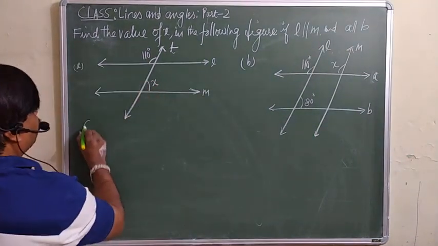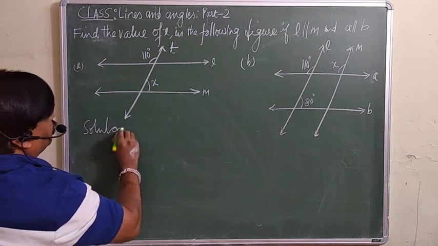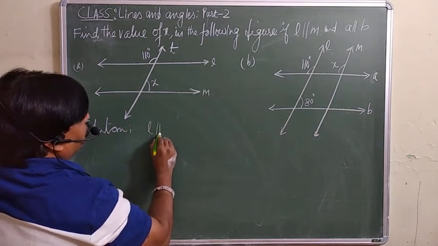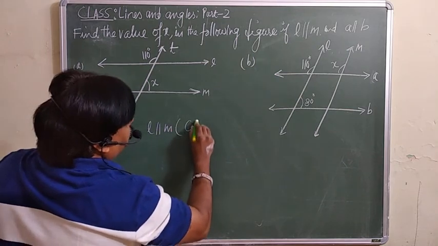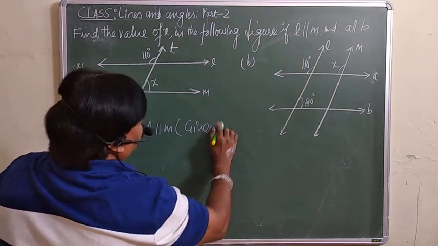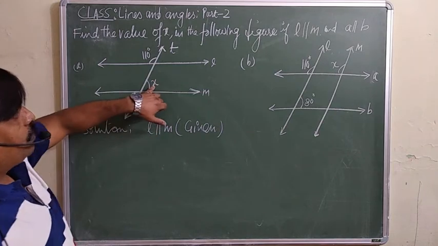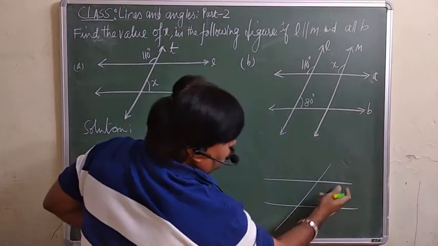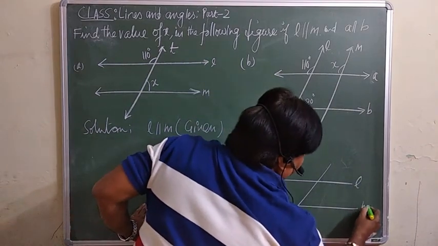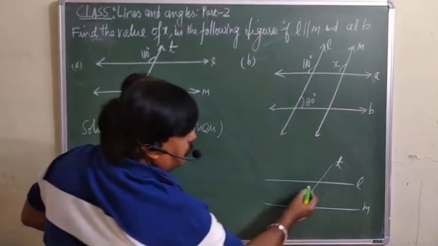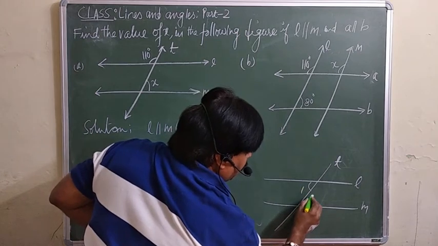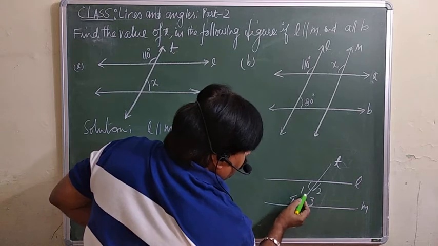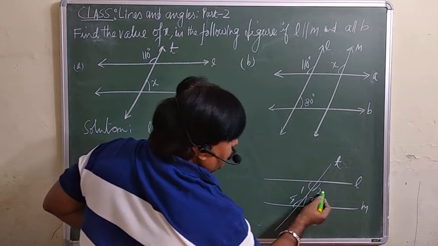So first part, I am taking the solution of this one. See, we are given, this is already given, N is parallel to M. This is the information which is already given in the question. See, we want to find out the value of x. So this we already discussed. If two parallel lines, these two are the parallel lines, are intersected by a third, then we know this angle 1, 2 and 3 and 4 we are taking. Angle 1 will be equal to angle 3, 4 will be equal to angle 2.